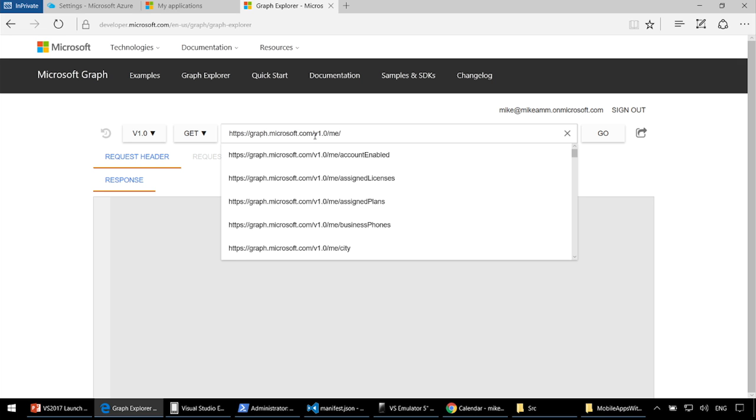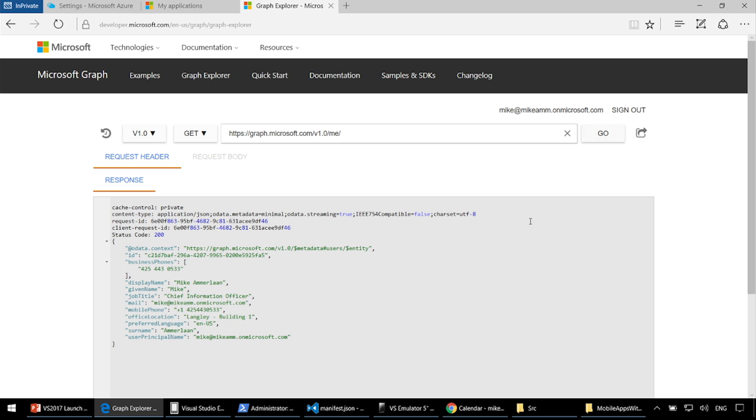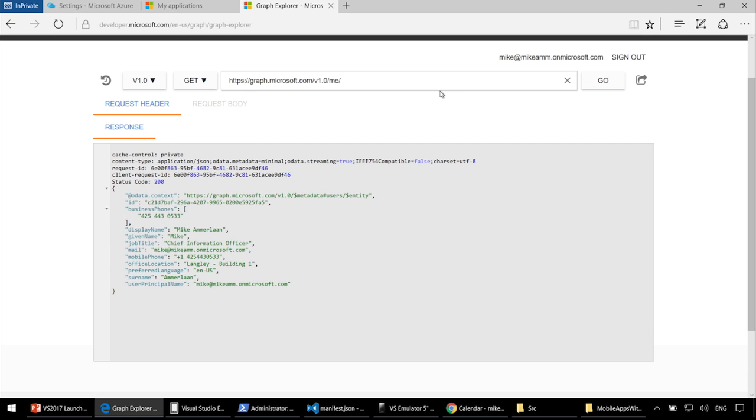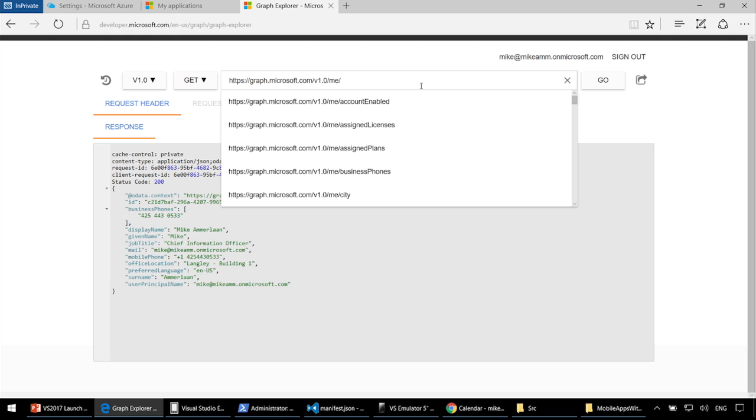Okay, so this is a very simple REST request here. I'm going to be looking at /me. I'll click go, and what it'll do is it'll return some very basic information about this fictitious person who's a chief information officer. Okay, so that's just a very simple GET request, but I can also go down the hierarchy,